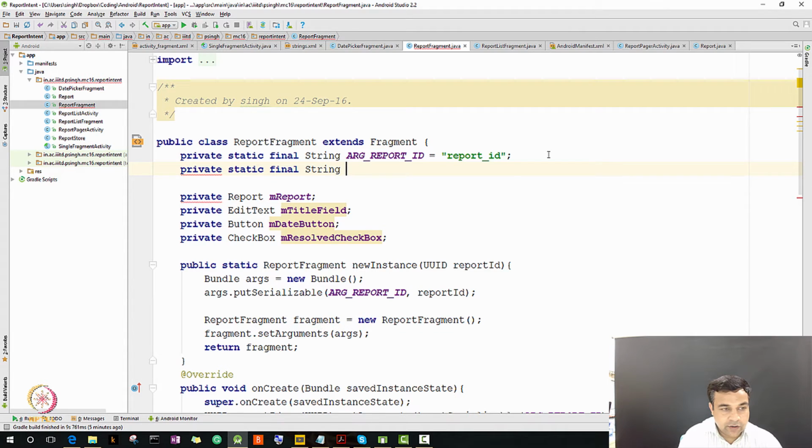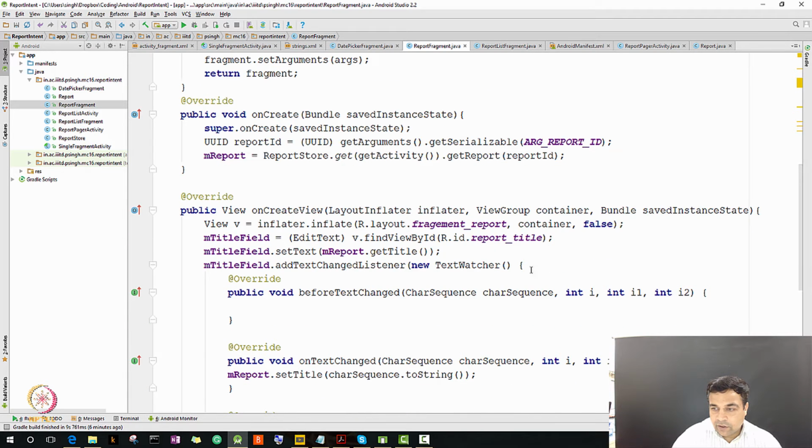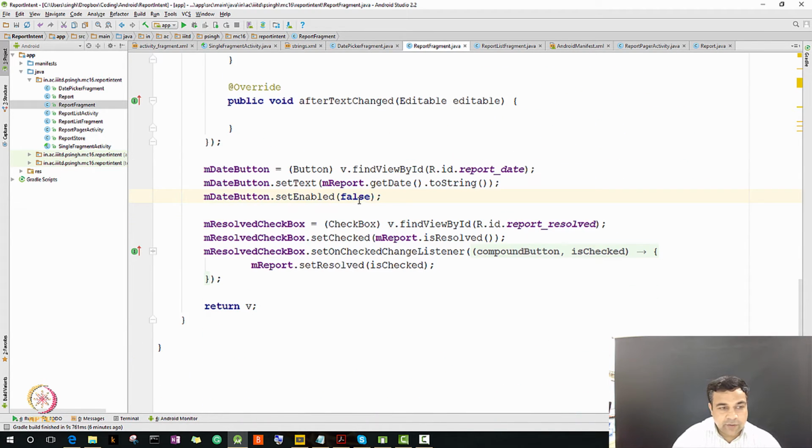Final string and dialog date equal to dialog date, and then the first thing that we have to do is that earlier we had enabled the button to be false. So yeah, here it is. So we had enabled it to be false. Now we remove this line and we say